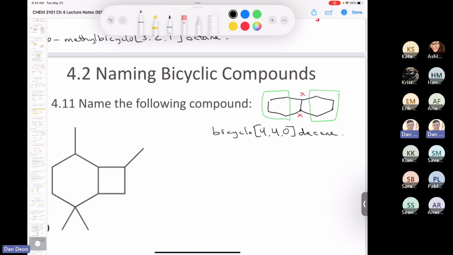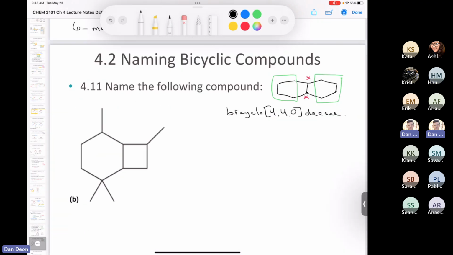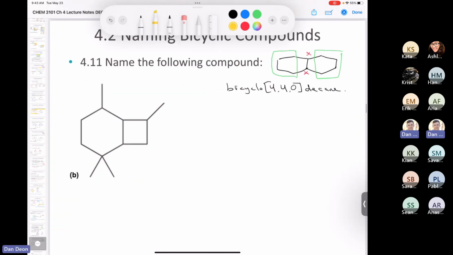All right. Okay, so with all that in mind, let's try and name this compound here. This is a bridgehead carbon. This is a bridgehead carbon. Now, I can either start numbering down on this side with number 1 or the blue carbon with number 1. Where would be the correct place to start? Where I have the red number 1 or the blue number 1? Red or blue?